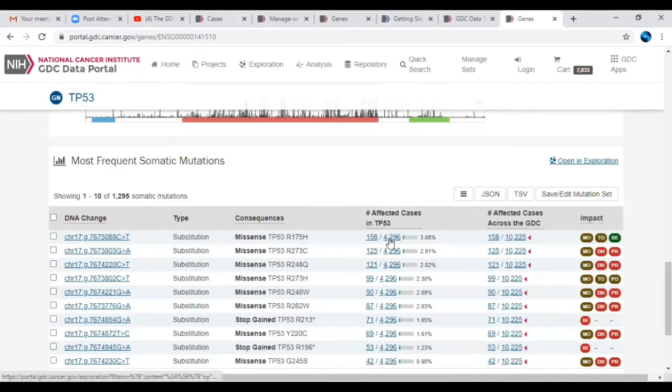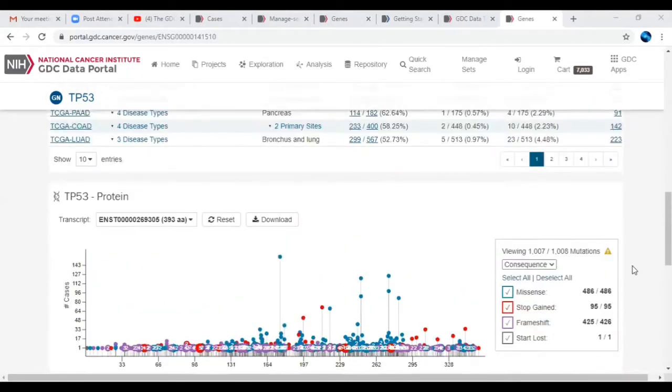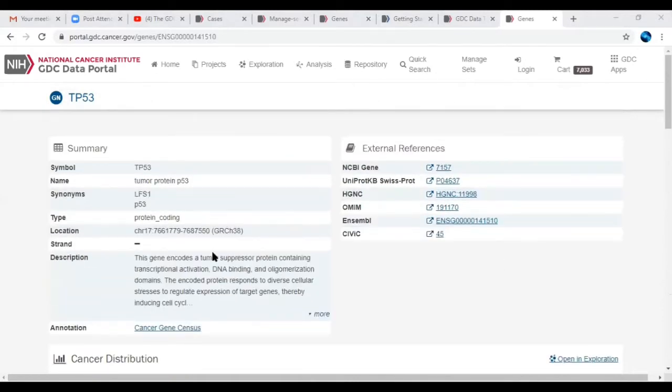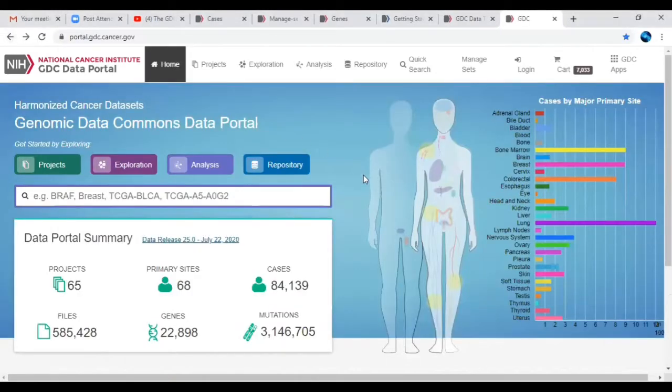So they took how many cases they studied. They studied nearly 4,296 cases. In that, 151 cases have been affected. And this is with respect to all the cancer types. And how many cases have been affected and what is the impact of that case. Do they have moderate, or is it low impact, like this. So based on only one search, you can move towards the study with respect to different types of cancer.